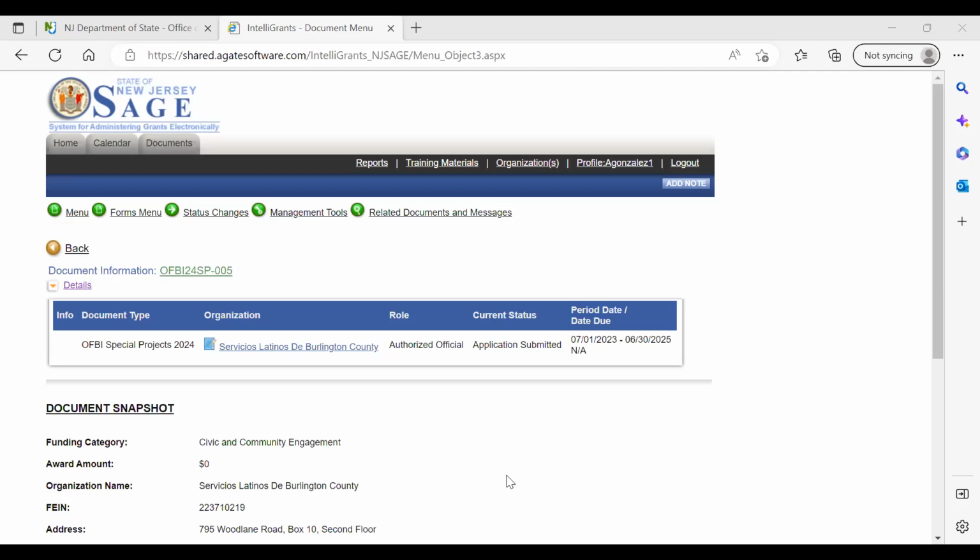Anonymous, can you repeat what we can write if we don't have all the documents that are requested? Sure. You can upload and say something like, if we're awarded a grant, we will upload all necessary requirements before we can enter into contracting with the Office of Faith-Based Initiatives. Something like that. Like, hey, if we get funded, we know that we're not going to enter into contracting with you until we upload all the required documents. Something like that.